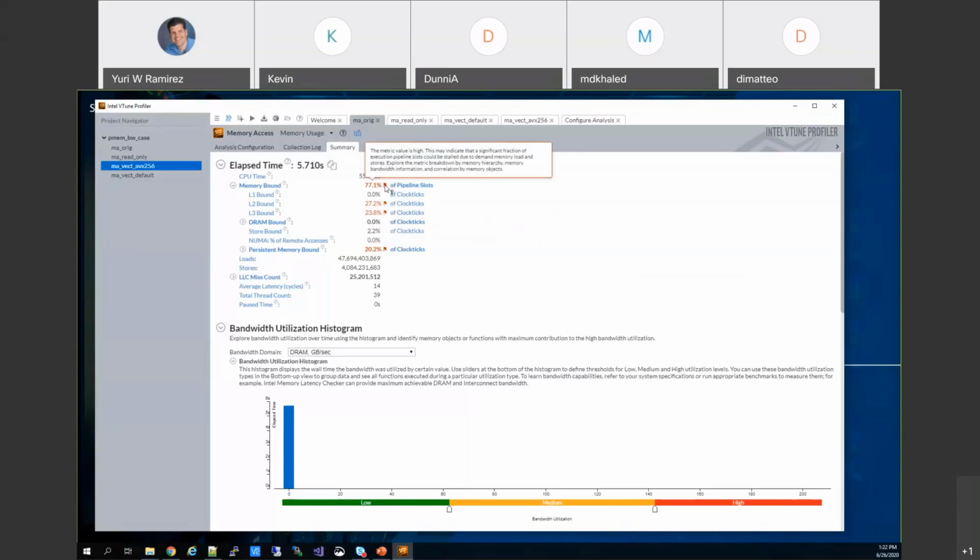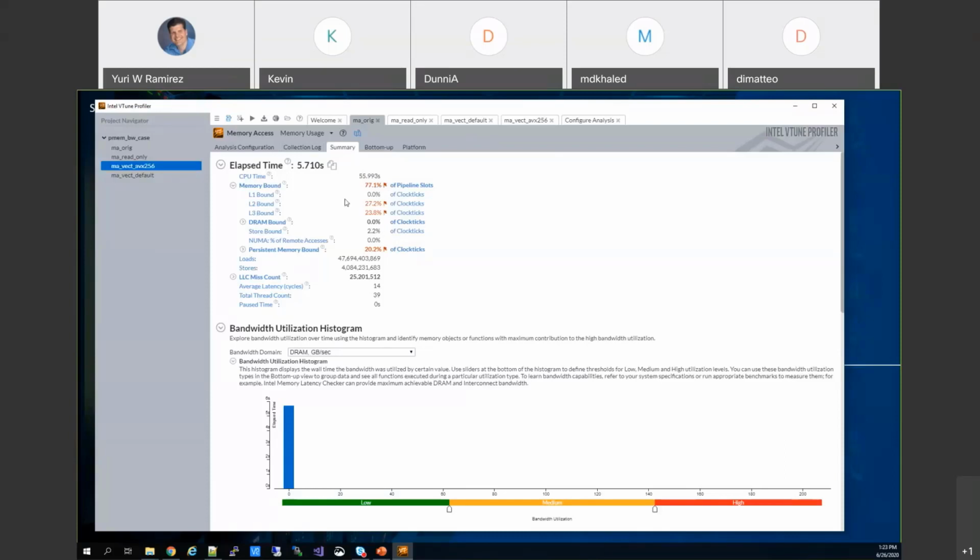And then having the flags, Vtune has a threshold at which point a metric is too high or too low, and at that point it's going to flag it as a potential issue that you should investigate more deeply, at least from the summary page. And then there are other ways that Vtune will pinpoint